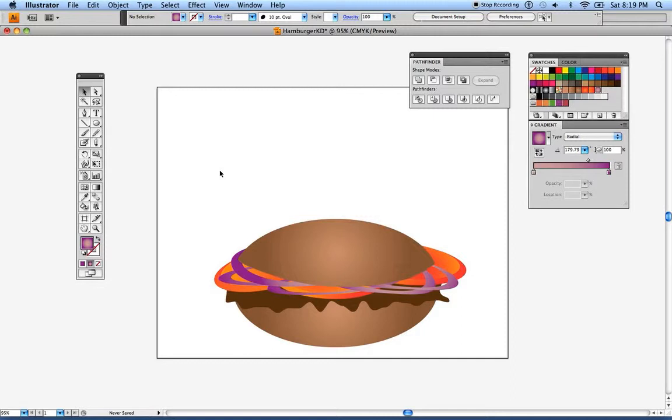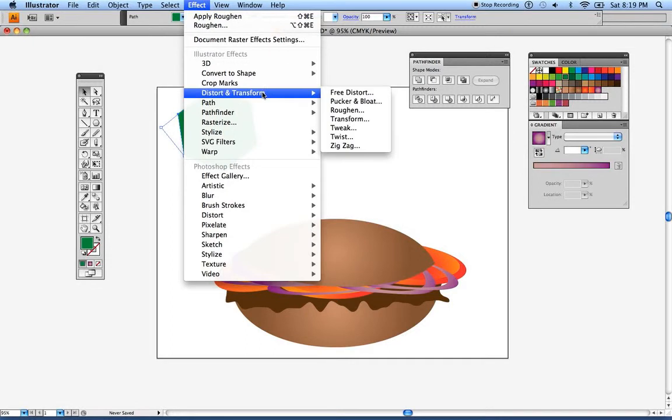Now, let's go for some lettuce. I'm going to go back to my plugins, and I think I'll use my polygon tool. Now what I'm doing, I'm trying to show you very easy plugins to use, using your Pathfinder to divide objects and your paste in front in order to place your objects. So I'm going to create a polygon shape and select green for lettuce. Now I will go back to Effect and Distort and Transform,